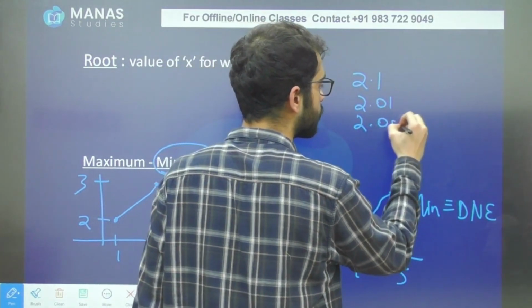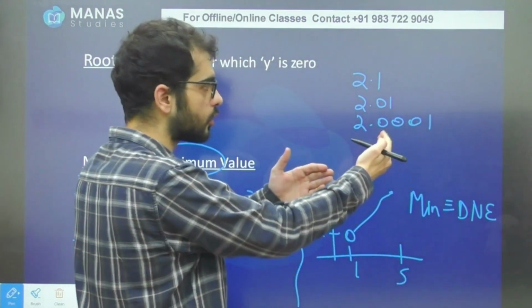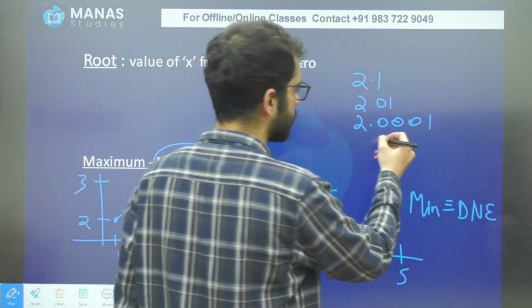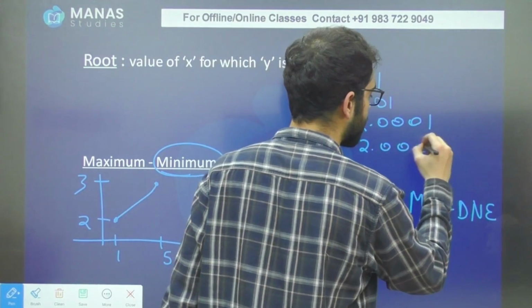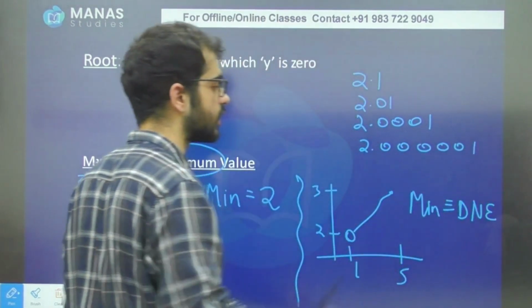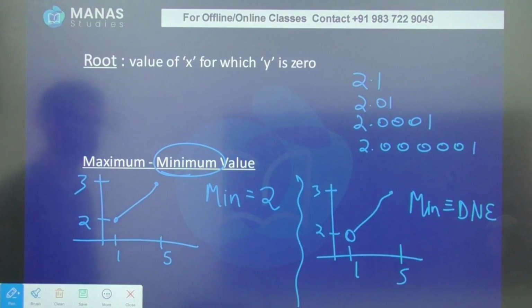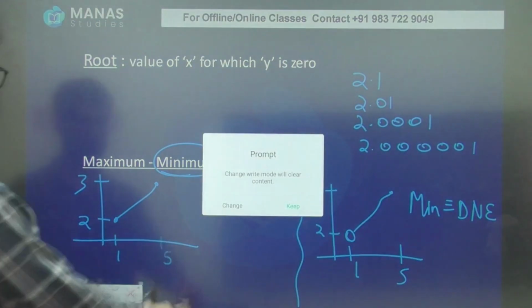Someone might say it is 2.0001. It is also closer to 2 and greater than it. Because we cannot identify any number that is just greater than 2, therefore we say the minimum value does not exist. Now let's look at the next slide, which is